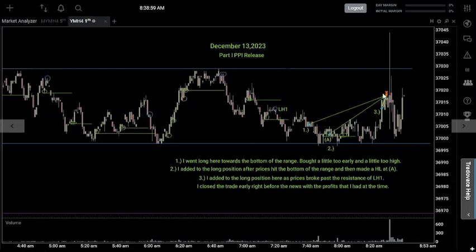Now, this is a good lesson, I believe, in just discipline and not letting greed get the best of you, because the greed part of me wanted to stay in this position because I know that if I enter long at the bottom of the range, I should not be taking profits until we get back to the top or very close to it. So that was my mindset on one half,